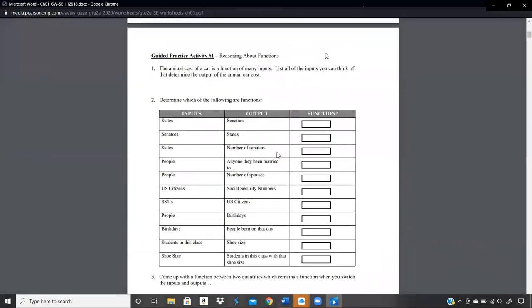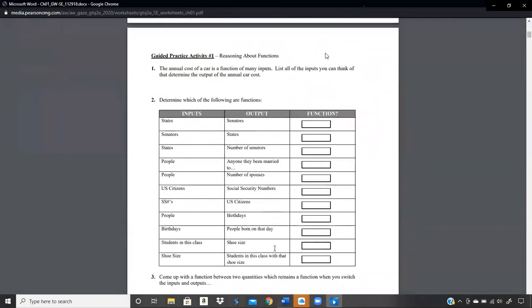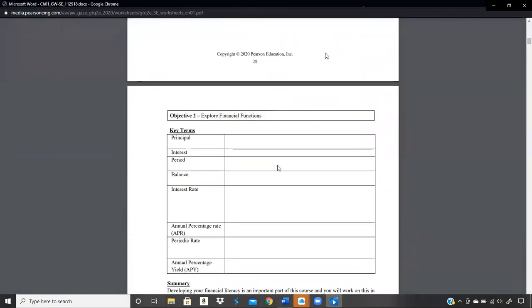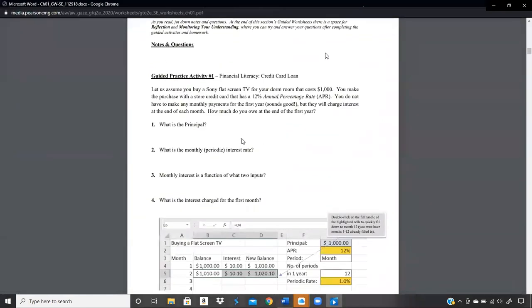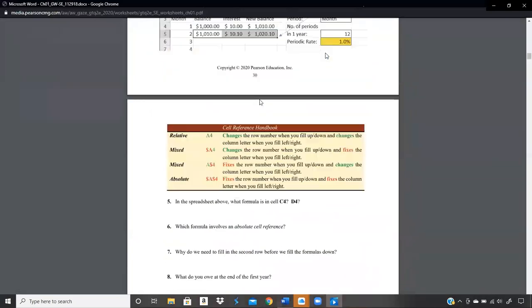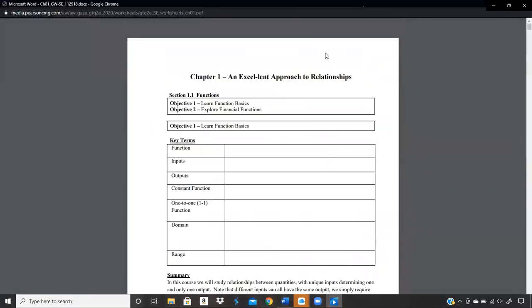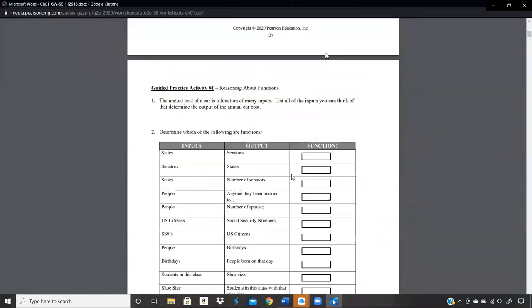And then we have some activities. So page 28, you'll see this referenced in the guided worksheet that you have to do. So you'll be answering some of these, some more definitions, some more questions. And yeah, so that's what we'll be discussing today. And that's kind of how things will flow. And I want you to notice that,